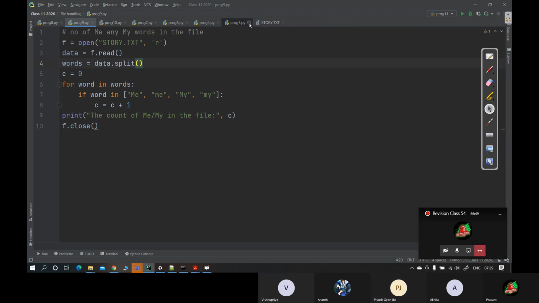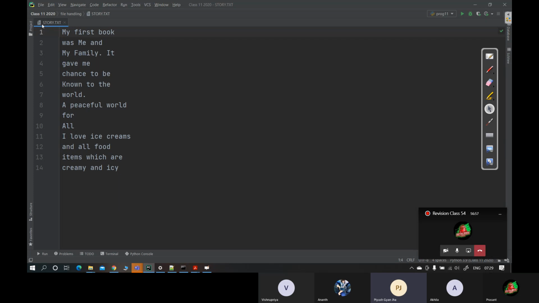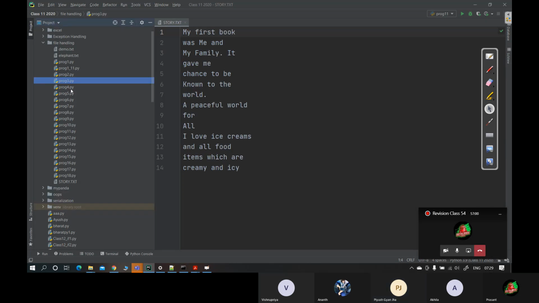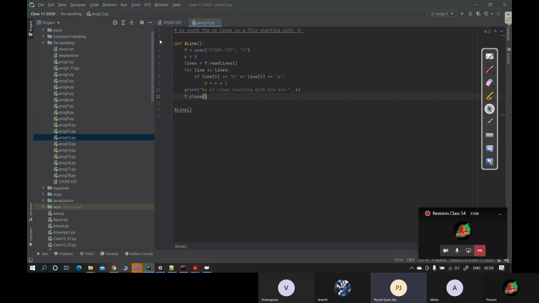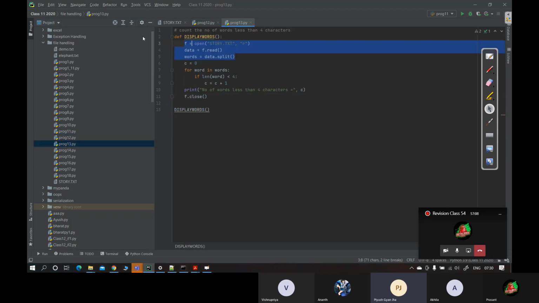ठीक है. Just let me close all the files. Now we'll see the next question. Question 12. Number of lines starting with A देख लिया है. Now this is